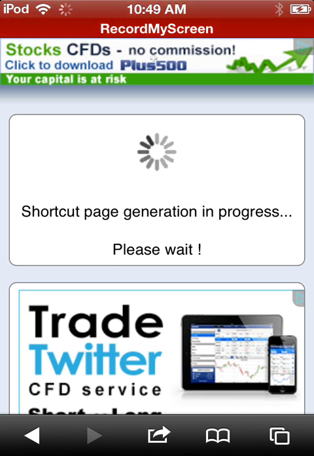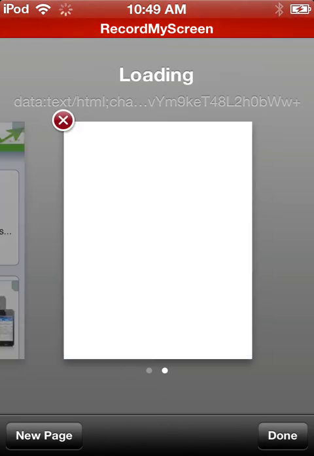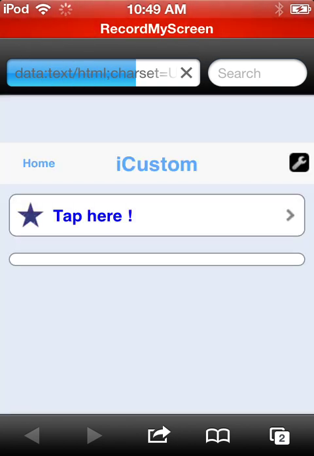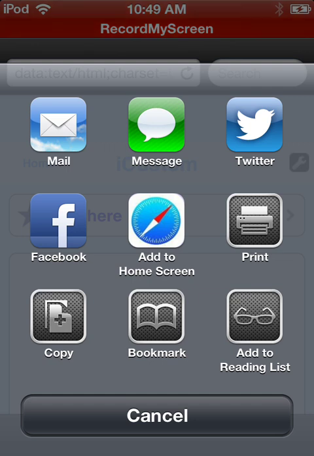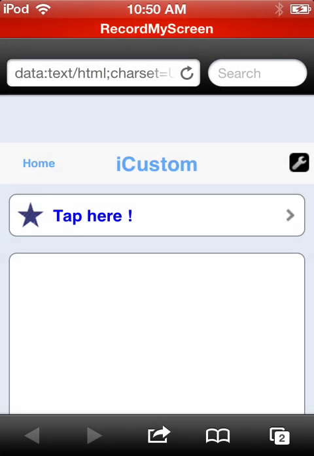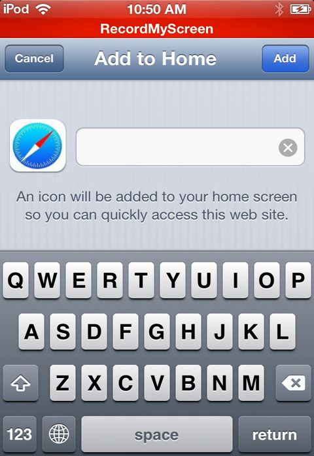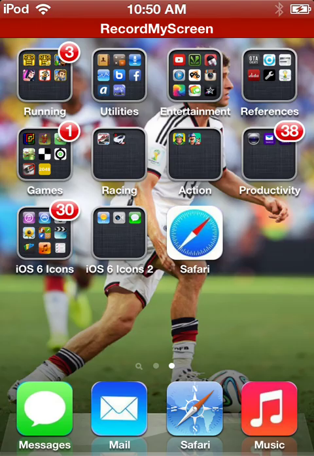And now in a few seconds it's gonna take me to another page. Okay, we're almost done now. So all we need to do is to click on this button over here at the bottom, and I'm gonna click on Add to Home Screen, and I'm gonna name it Safari. Okay, now I'm gonna click on add. Okay, as you can see, I've got the Safari icon now,